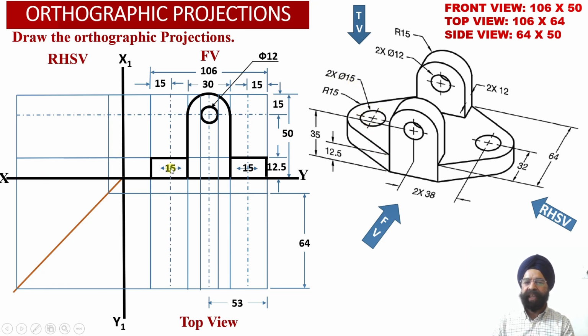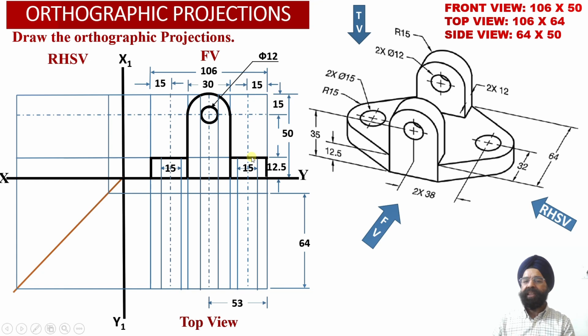So from the center point, we have marked an offset of 7.5 millimeter on the left side and the right side. So the location of the hole in the left hand side portion of the horizontal web has been located. Similarly, through the center point, once again, we have obtained the offset of 7.5 millimeter on either side,